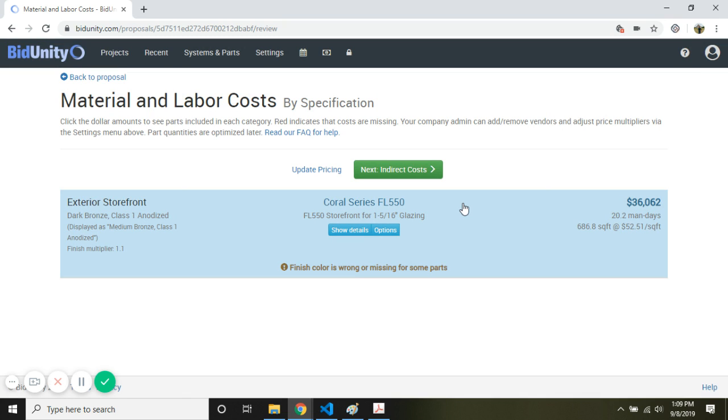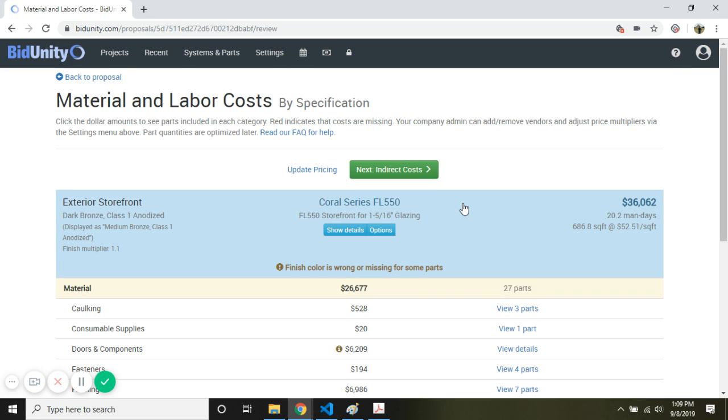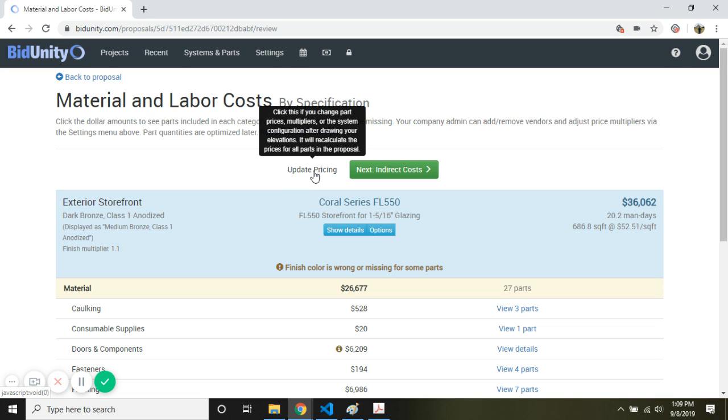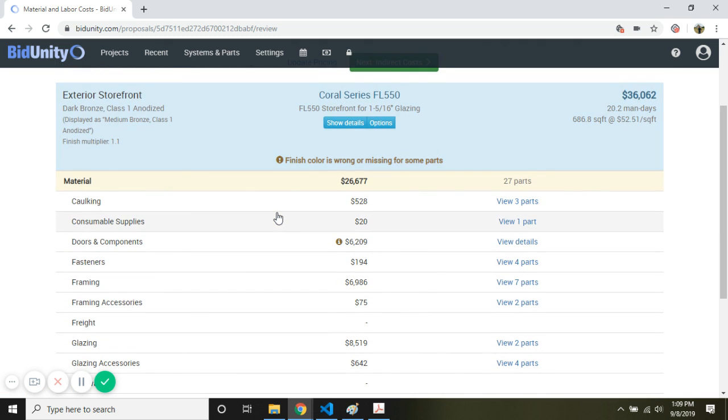So why would you rebuild the pricing? Well, perhaps you want to add another type of glass or another type of price for another type of part, or, you know, a different vendor for screws. When you add those prices, after this is generated, you're going to need to update the pricing so that it can get those prices and take them into consideration. So if we click on the specification,